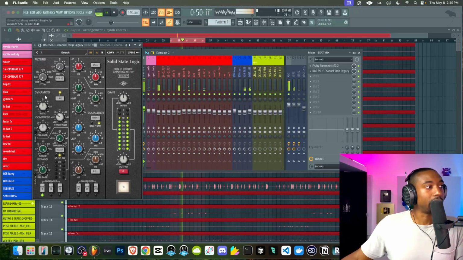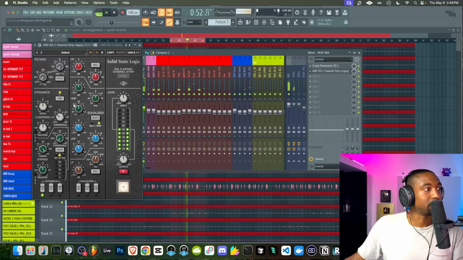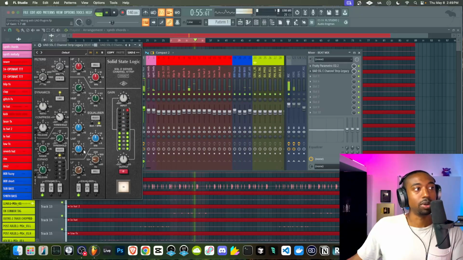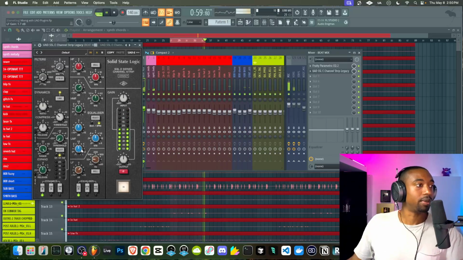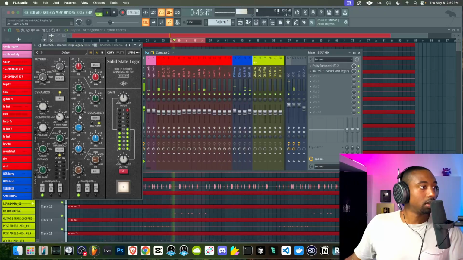So with this channel strip, I can boost certain characteristics. Let's boost up the highs. Let's turn the EQ on first. So now the song feels taller without us doing too much. Now let's boost the lows at like 60. Let's make this a bell curve so we're not boosting everything below this point. So this helps us pinpoint 60 hertz instead of everything in the bass that can muddy it up.